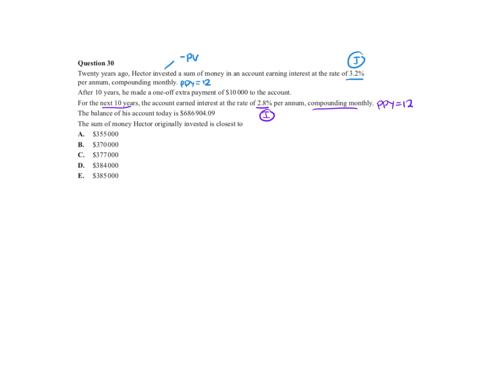And after that 10 years, his account balance was this. So this is going to be a sort of a final value that I can use. All right, so the sum of money that Hector originally invested. So when you have these change of scenarios, sometimes it's good to just plan out what's happened. So at first I'm going to say the first 10 years. So in his first 10 years,